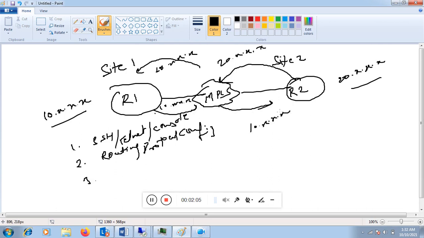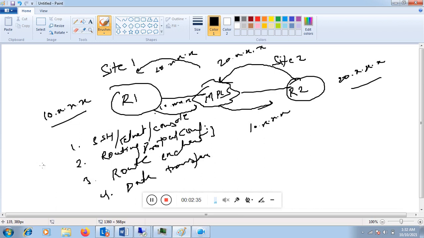This route exchange will be done with the help of the routing protocol. Once the routes are learned and the routing information base has been built up, the data will be forwarded, and 10.x.x.x will be able to communicate with 20.x.x.x. So the data transfer will happen after that.